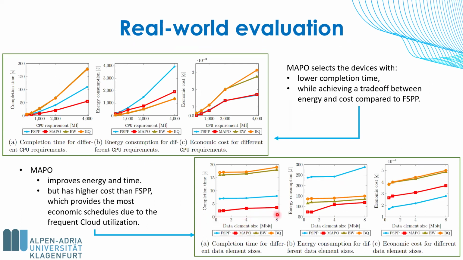Increasing the data element size increases the time, energy, and cost, while MAPO improves the energy and time in this case. However, the cost, in comparison to FSPP, is not improved because FSPP mainly targets the cloud-based resources or instances or virtual machines, which in the experimental design we considered lower cost for the cloud instances, while higher costs were for the edge, which are in the vicinity of the